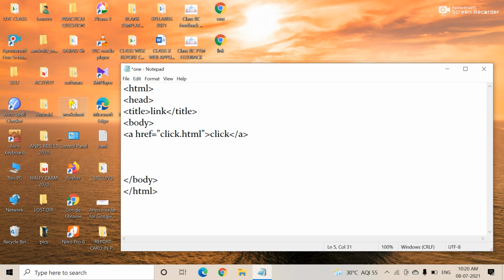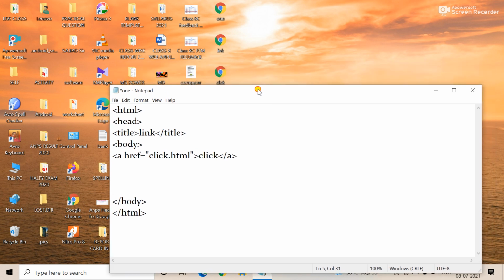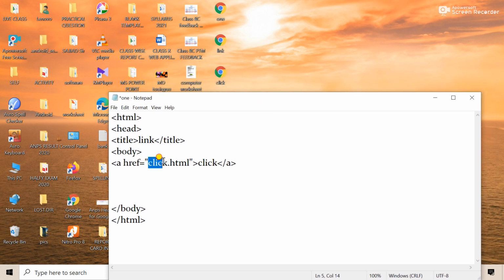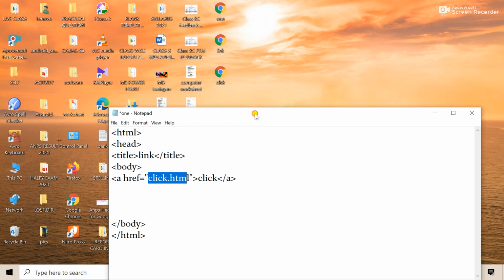But be careful when you link to any other pages. So these names, see, here the name is there. When you click this option, this page is opening, right? So this is the name of the HTML file you first create actually. So if you want to change the name, then you change the name here also, right?